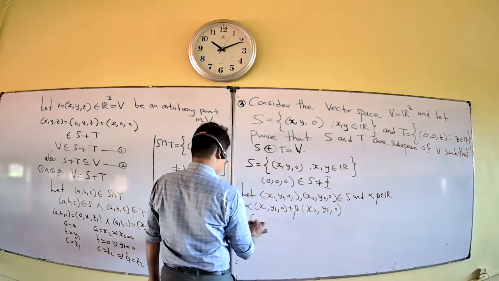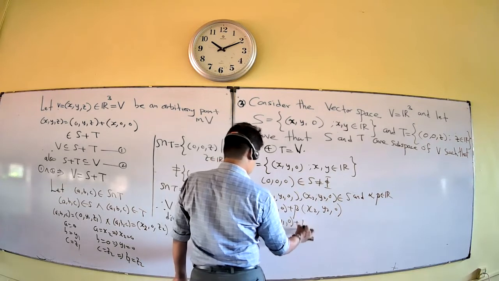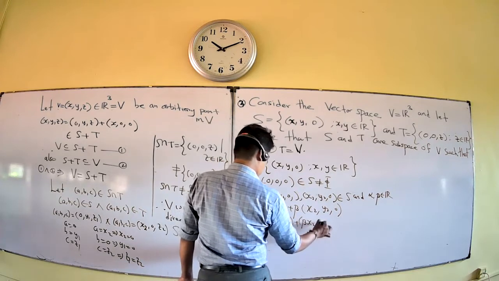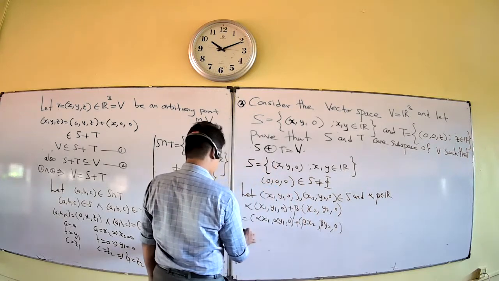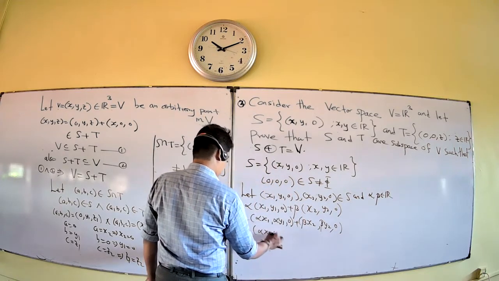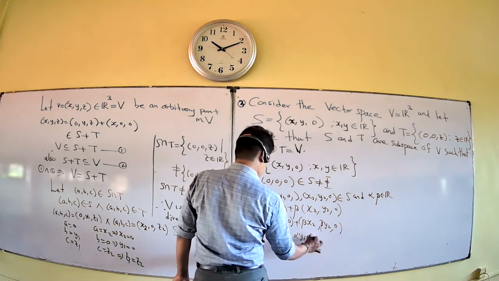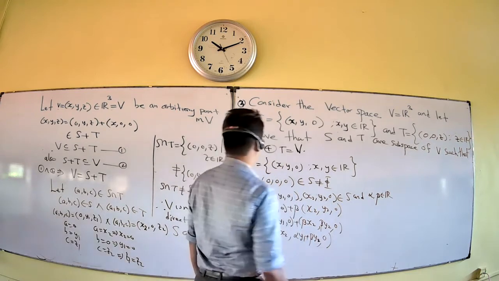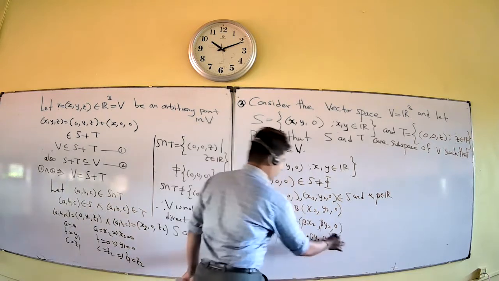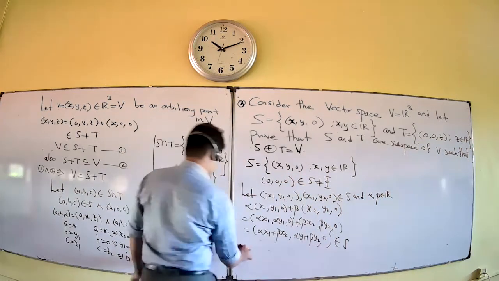So it is (alpha x1, alpha y1, 0) plus (beta x2, beta y2, 0). So it is (alpha x1 plus beta x2, alpha y1 plus beta y2, 0). Therefore, this element belongs to S. Therefore, S is a subspace